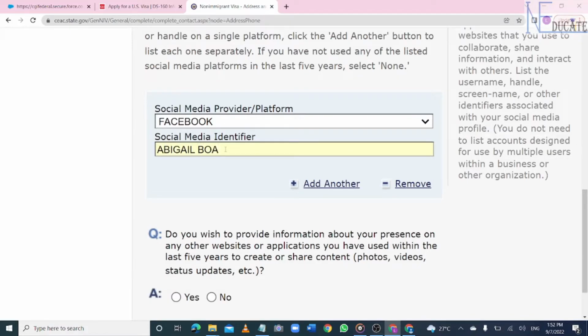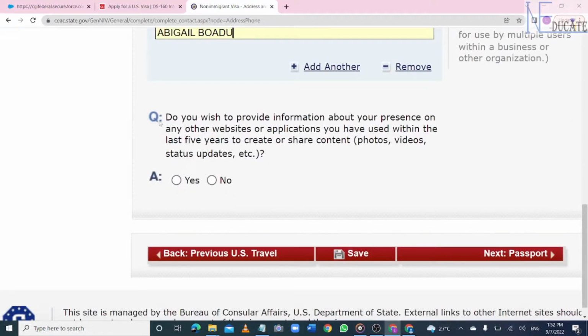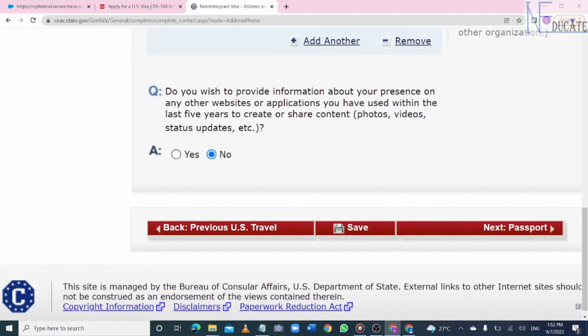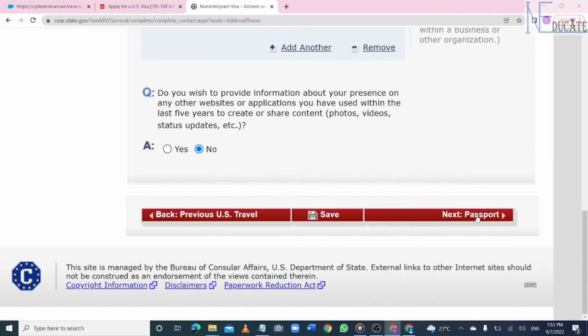Abigail Boadu. Then this question, do you wish to provide information about your presence on any other website or applications you have ever used? Just say no if you don't. The next thing to do is to just save it. So when you are done, all that you have to do is to just click on next to go to